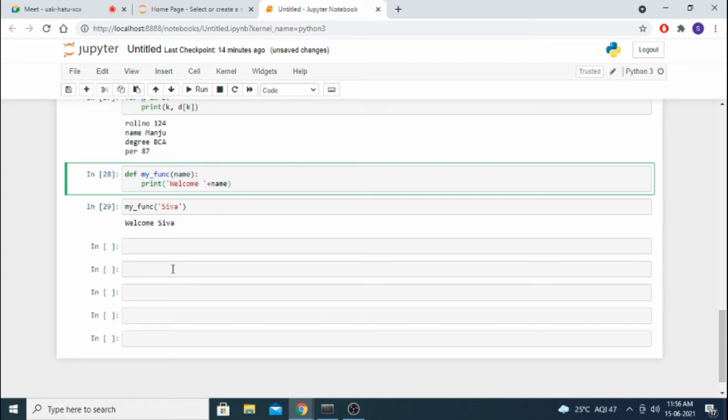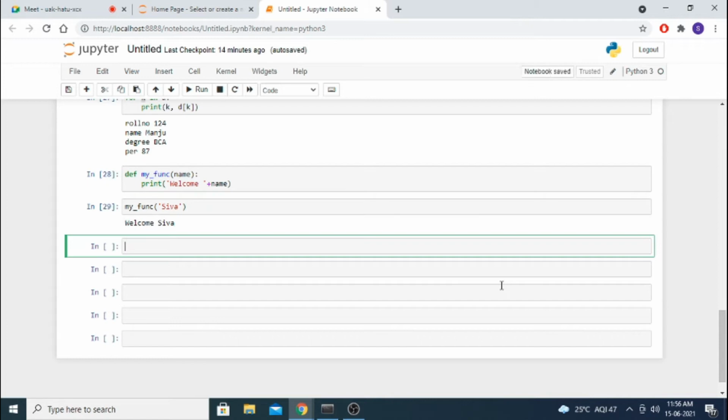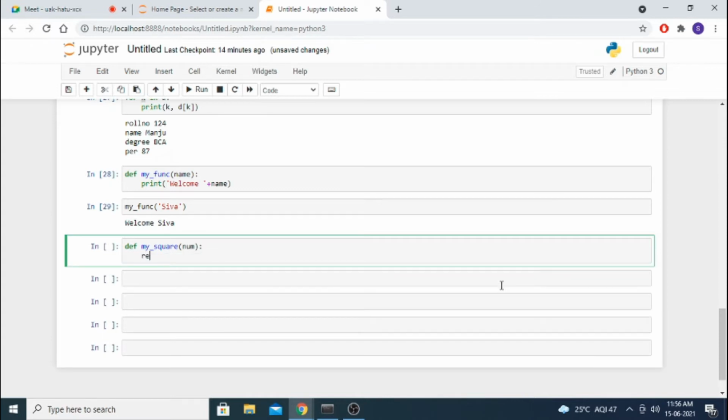Okay, now I am creating another function. What is the purpose of this thing? It will return the square of the number. Whatever number you are sending, it will send the square. It is a return. I am not printing anything.